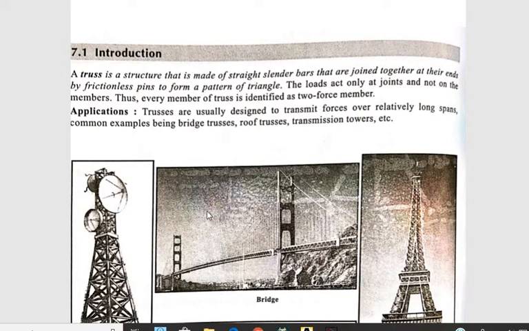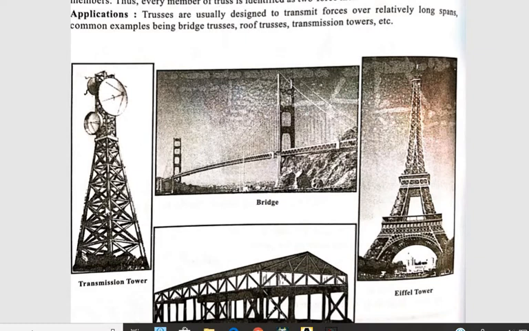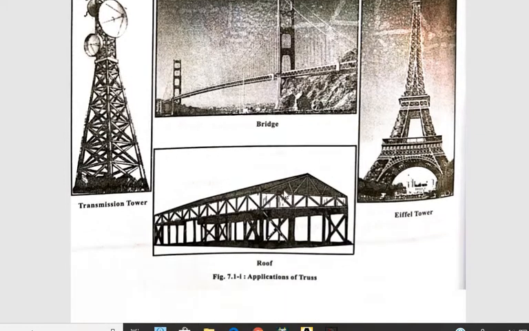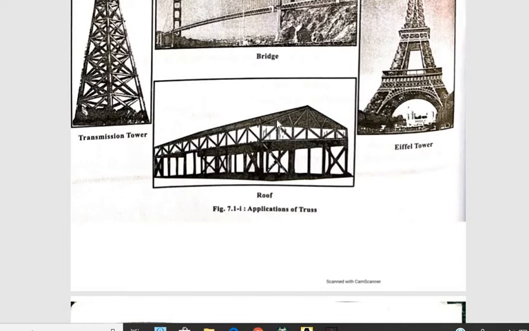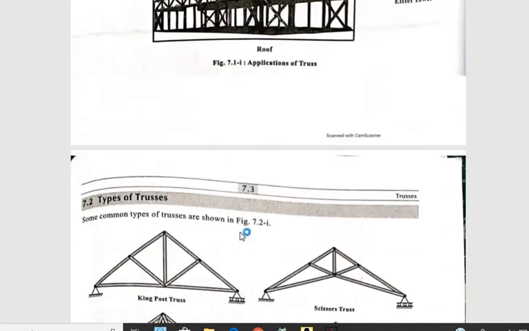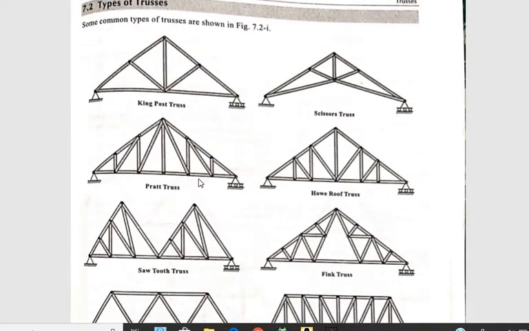So these are some figures. This is the transmission tower, which is made of truss. Then this is a truss type bridge. This is the Eiffel Tower, which is entirely made of steel members. It is a truss tower. Then this is the industrial building, this is the roof. In examinations, we have to solve a problem like this: truss geometry is given to us, loading is given, and we have to find out the forces in the truss members. So this is about the truss, and these are some common figures.